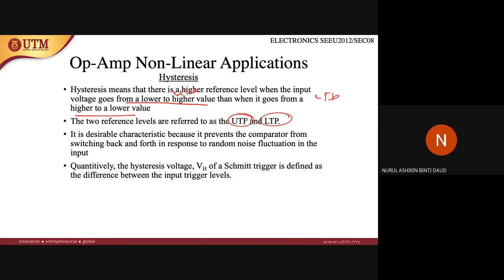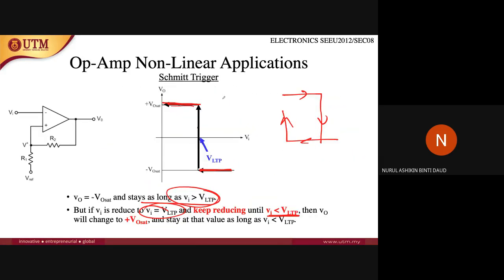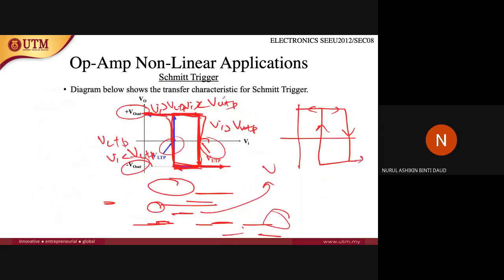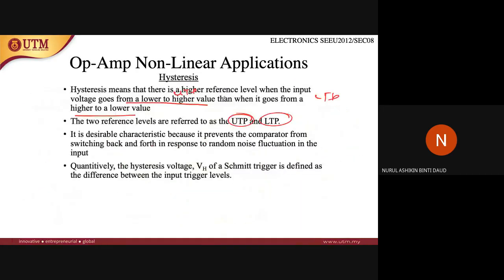Upper trigger voltage and lower trigger voltage. Yeah, upper trigger point, lower trigger point. Yeah, it is a desirable characteristic because it prevents the comparator from switching back and forth in response to random noise fluctuations. Yeah, and quantitatively the hysteresis voltage, VH, of a Schmitt trigger is defined as the difference between